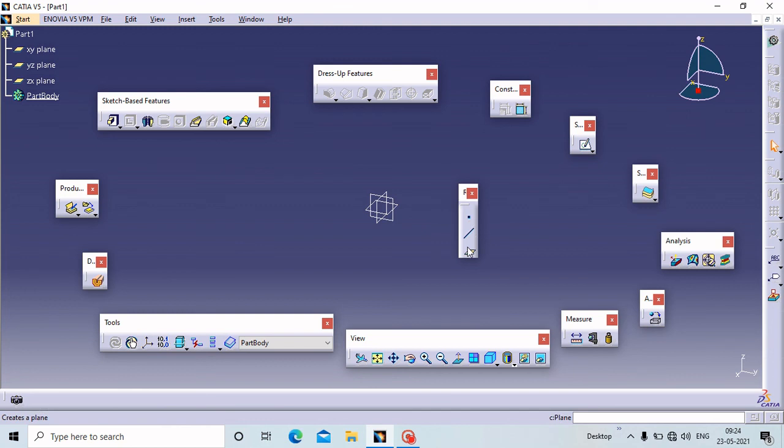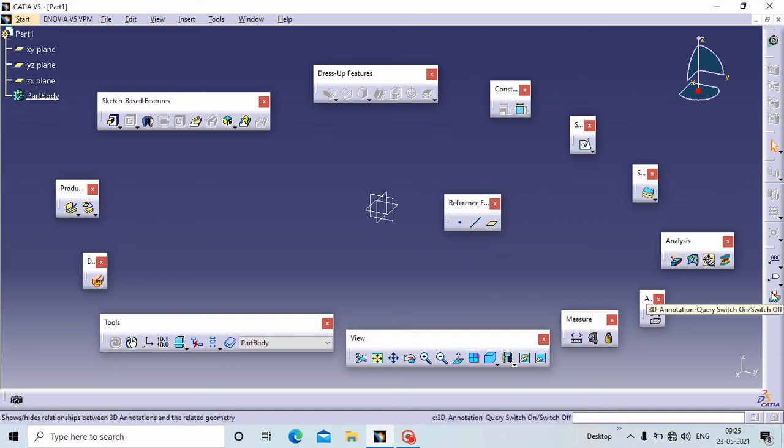If you want to create a line, a plane on particular faces, or a point on a particular line, just click on it and your point, line, plane is ready. This bunch of commands is known as the Reference Element toolbar. These are the most useful toolbars which are integrated inside the Part Design workbench.